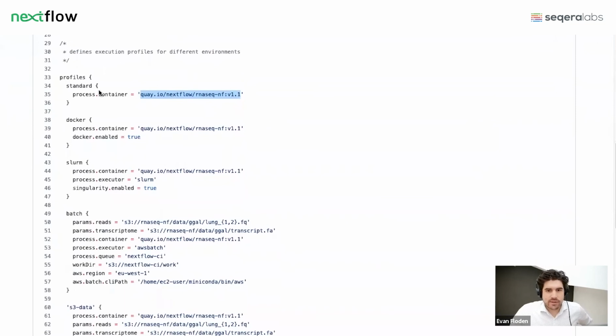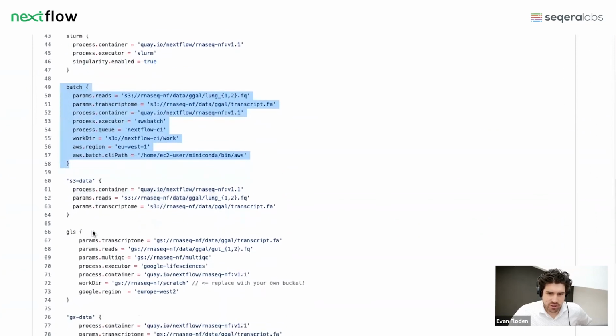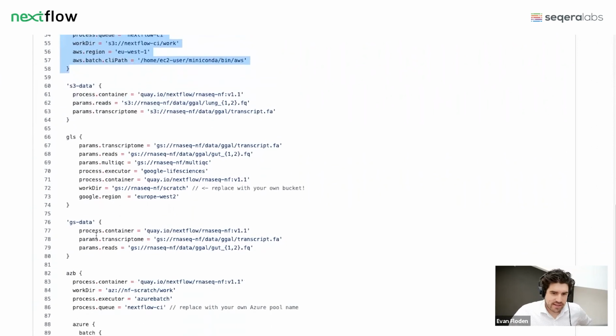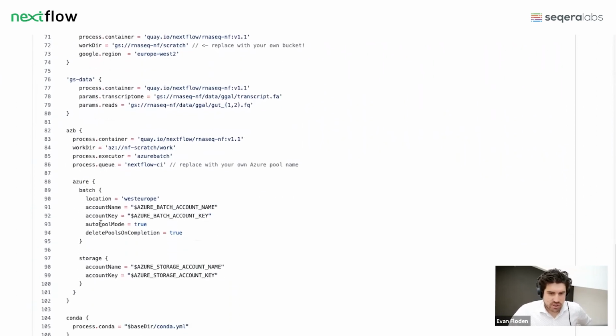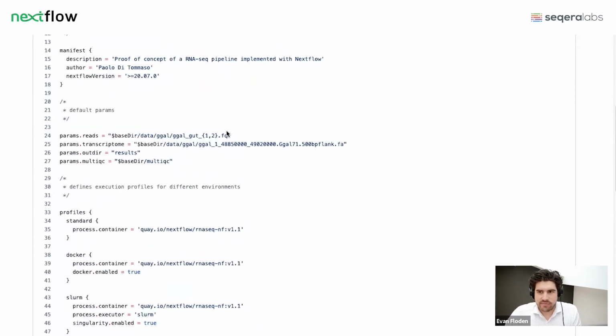And what we typically do is we group settings together with these profiles. So here is a setting for running this same pipeline on Slurm. Here is the same pipeline for running it on AWS Batch. If you want to have your data in S3, you've got it here. This is Google Life Sciences, Azure Batch, etc. And these groups of profiles make it very easy to specify that when you launch,